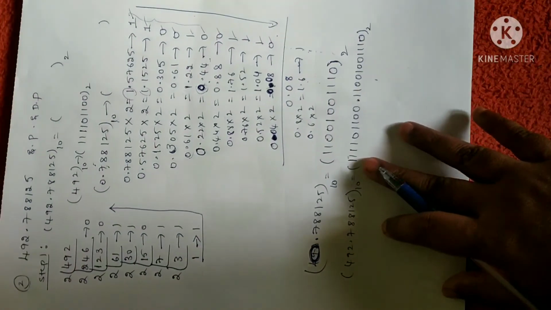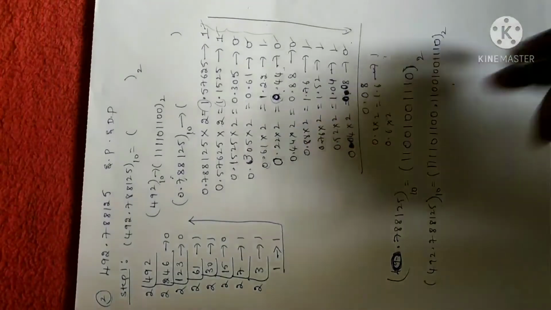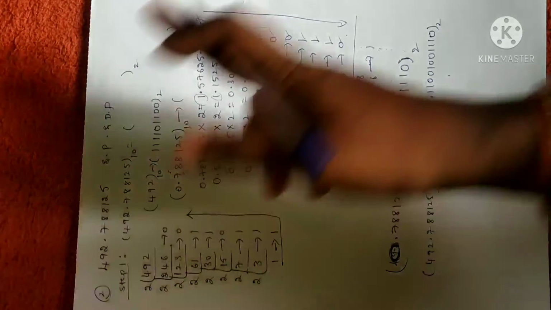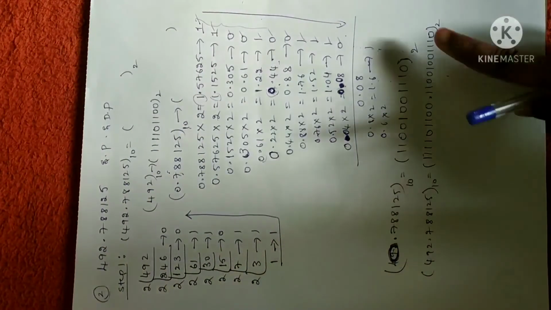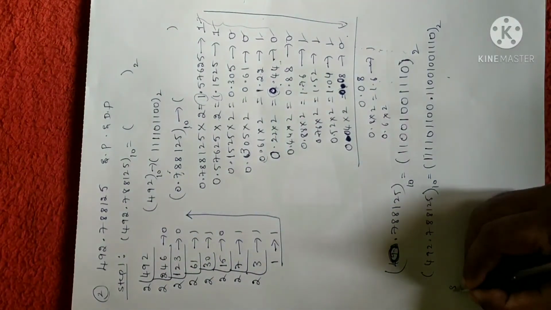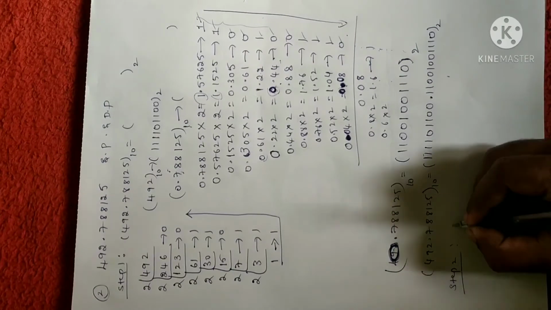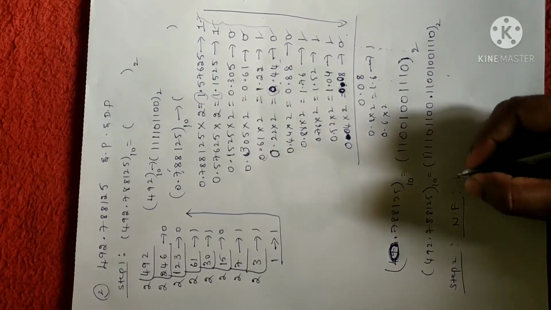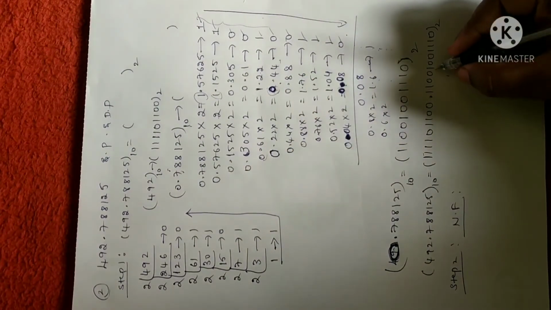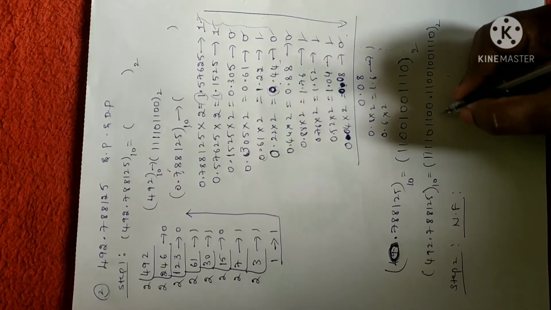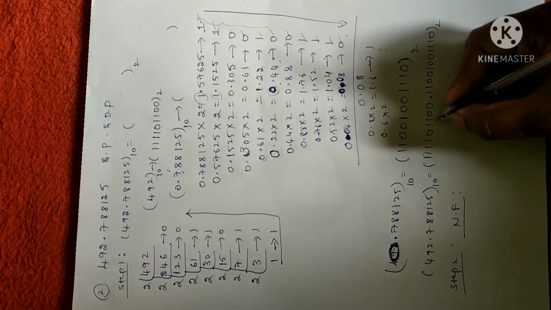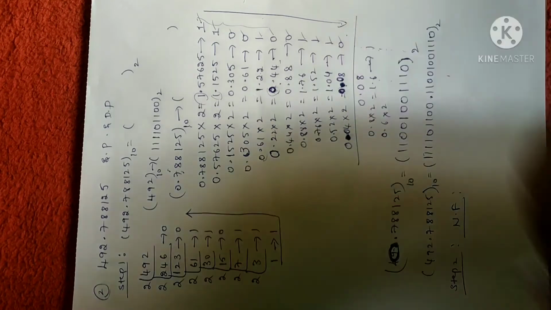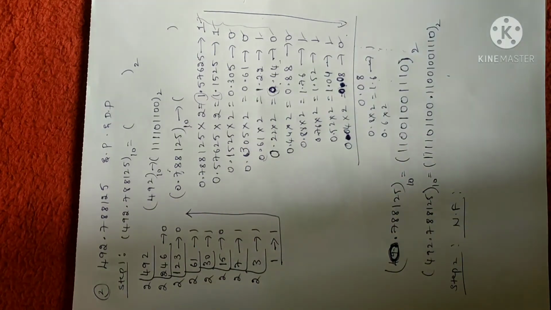So in the first step, what we have done is we have converted the given number in terms of decimal to a number which is in terms of binary. Now step 2, as I already told you, is the normalization form. Hope you remember the normalization form. You are going to express it in exponential form, in terms of 10 power. So now let me do that.